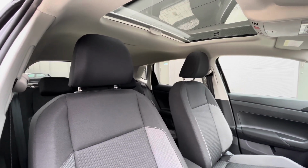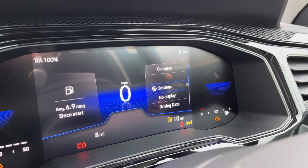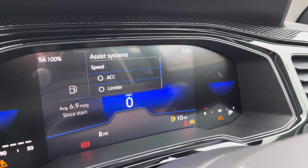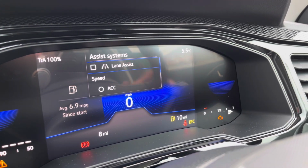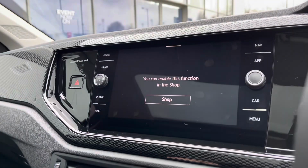The multifunction steering wheel is very easy to use. On the dashboard display you can show key information like your driving data, audio and even your telephone whilst on the move. The left hand side you also have your assist functionalities that are available to you, like your adaptive cruise control to stay at a safe and consistent speed whilst travelling on the motorway, ensuring confidence, safety and a layer of comfort throughout. The infotainment screen offers a wide array of different options to choose from, and going into